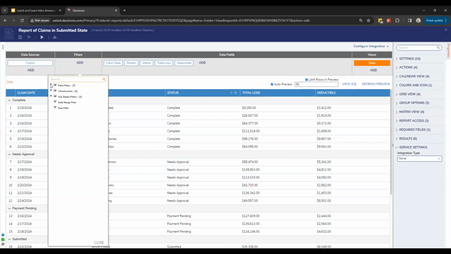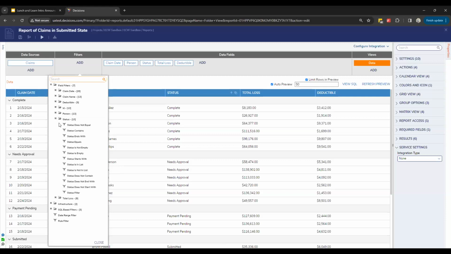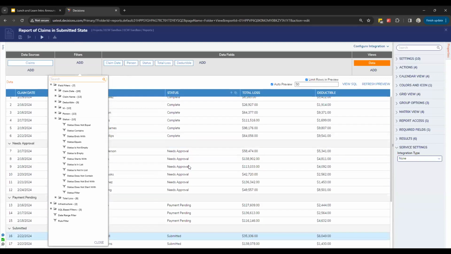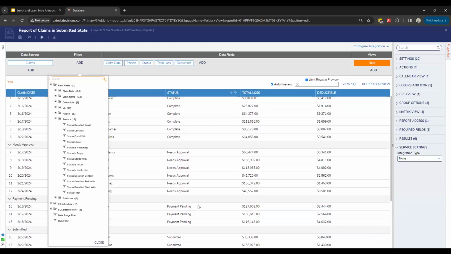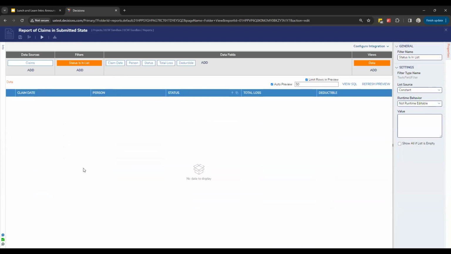So I'm going to start with the simplest of the use cases here, and we'll expand in a moment, which is let's just filter by maybe a couple statuses. I know I said submitted, but maybe we'll do ones that are submitted and under review, right? Things that we need to take action on. So I can say, does the status column, this field, is it in a list of options? And you'll see when I add the filter, the data gets cleared. And I get my properties on the right-hand side to configure this filter.